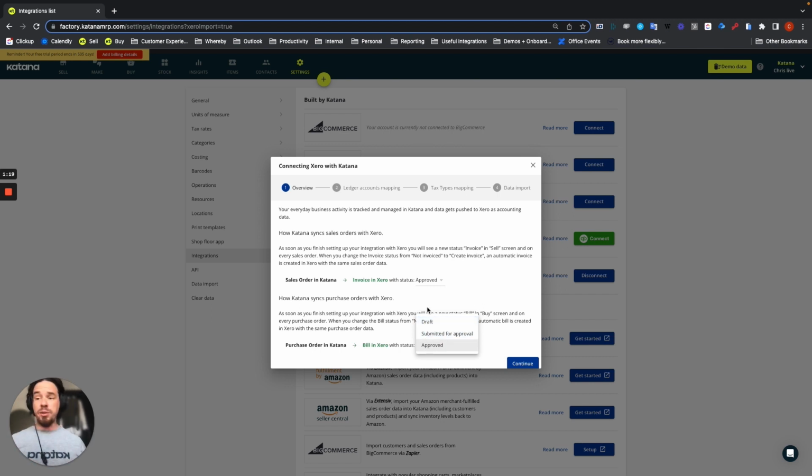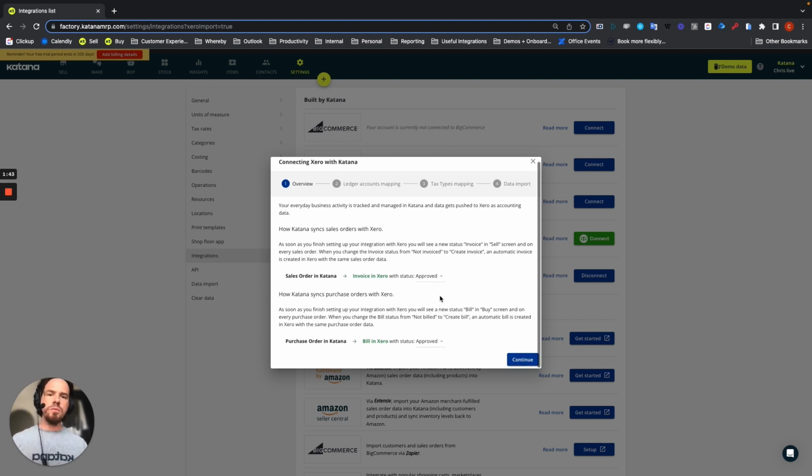So if you have a workflow where your invoices and bills need to go through an approval process by somebody within the accounting software, you can send them over as a draft or submitted for approval. Or if you're doing everything in-house and everything you send over to your Xero account is going to be approved anyway, then you can just send them over as approved. No problem. Pretty straightforward, not too complicated. Now, once we choose continue,